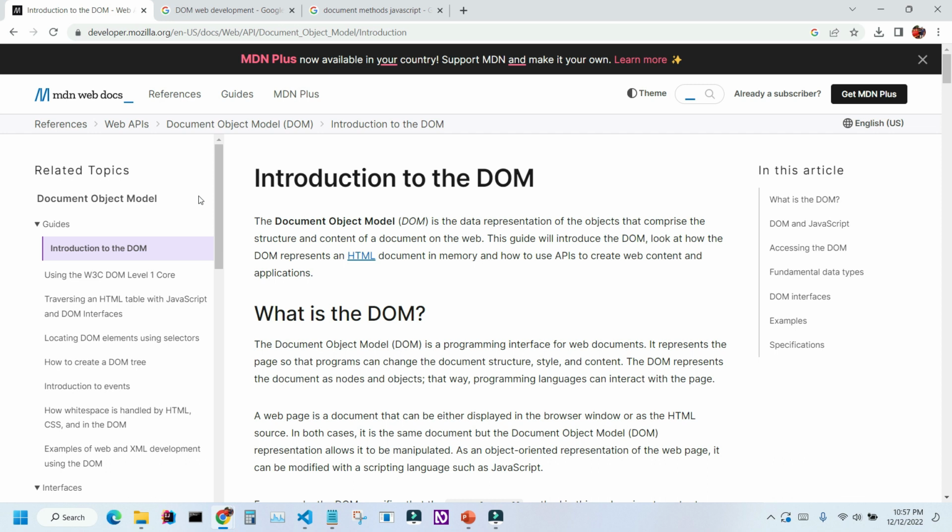that the DOM is the data representation of the objects that comprise the structure and content of a document on the web. This definition sounds a little bit complicated. The idea behind DOM is actually really simple. DOM represents a tree of elements that the browser displays to us as a page. So when we see a web page, we see images, text, icons, and the browser actually sees the tree of